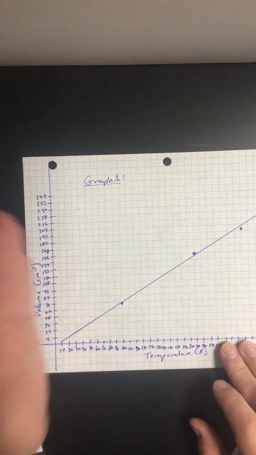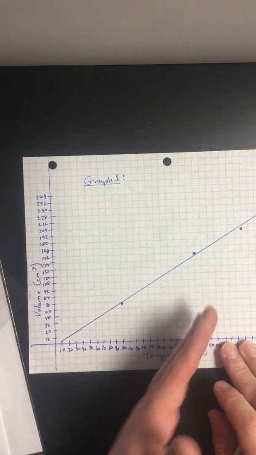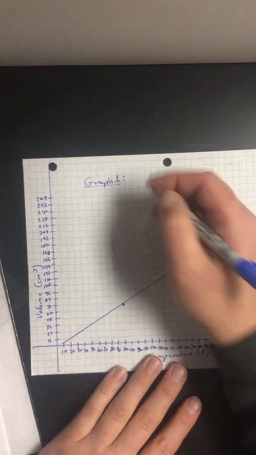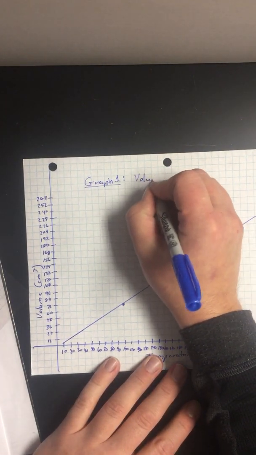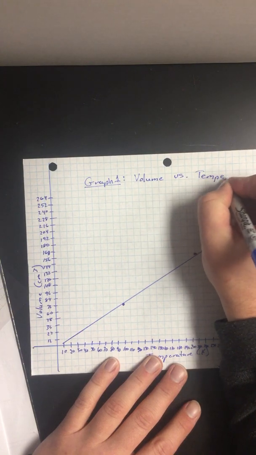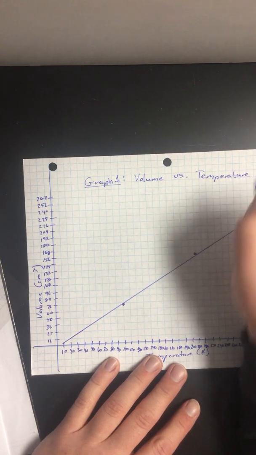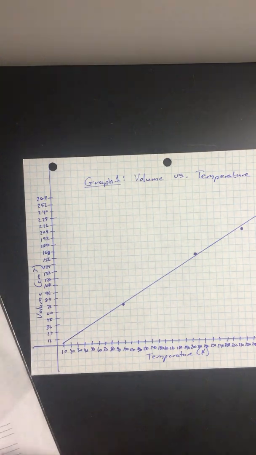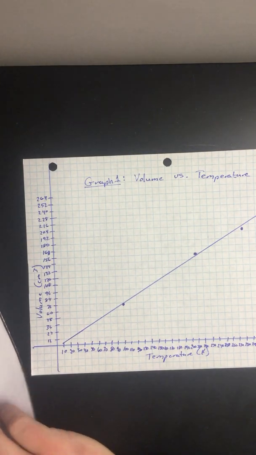Okay, so I do volume versus temperature. That's how I write it. Okay, volume versus temperature. Okay, if we look at our data table in this case doesn't